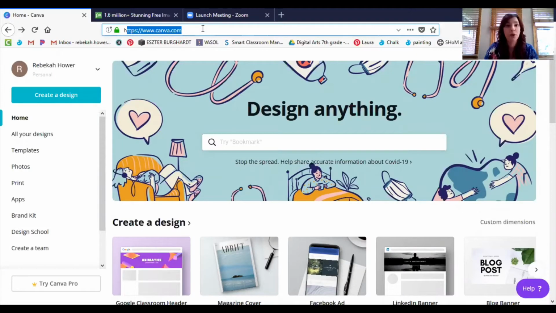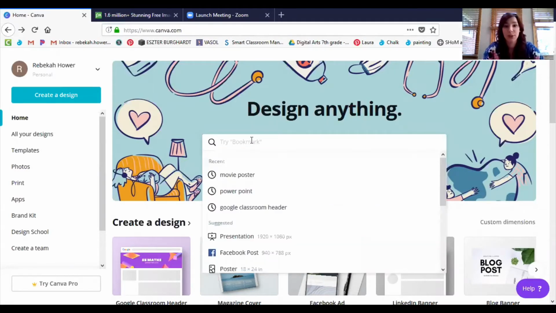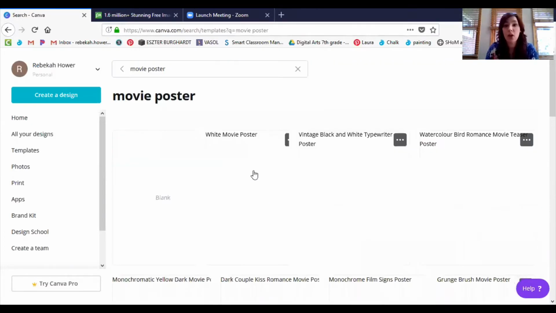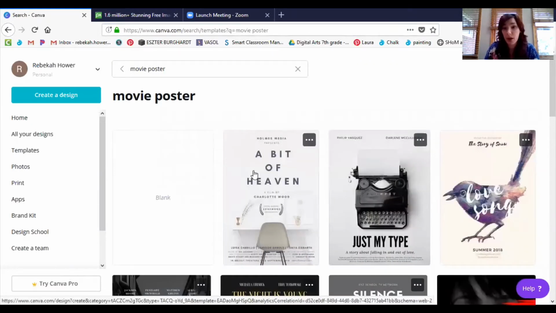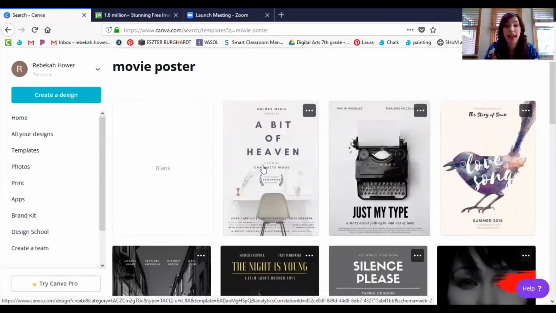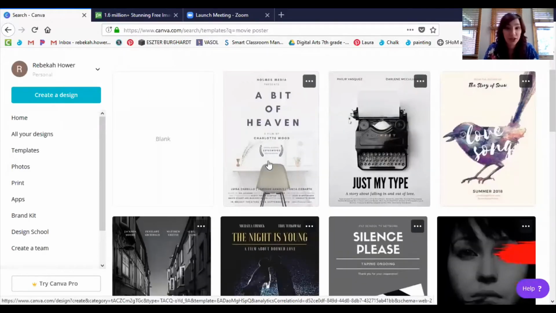I have brought up canva.com and I will put that into the description in the video so that you can get to that. But you can design a whole bunch of different things on Canva, and all you have to do is click into the search bar and you can type in, you can see that I did, movie poster. And then a whole bunch of different templates will come up